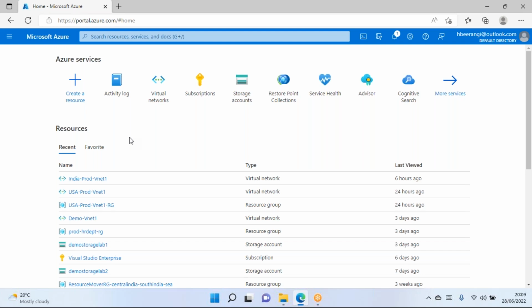Okay, so today we will see about point to site VNet configuration, which is again an enterprise grade requirement for any of the customers. If you consider any customer,